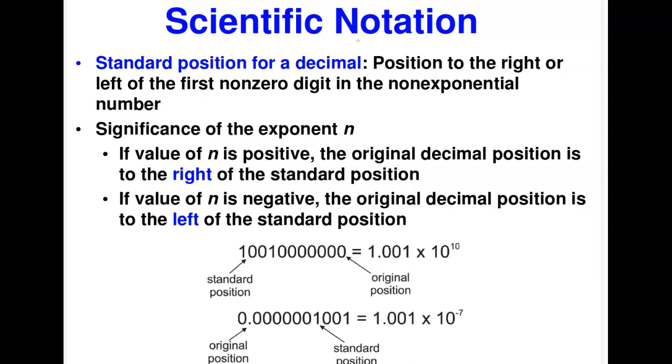So what that simply means is that, if we look at these numbers now, the number is actually either to the right